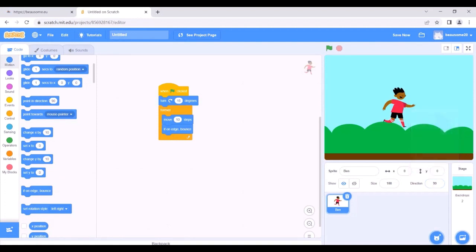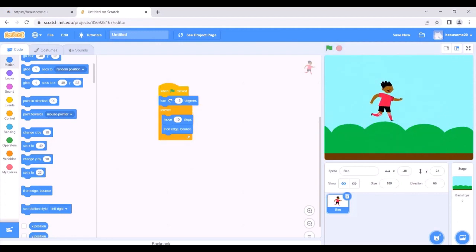Then again, if I click the green flag here, I can see that Ben is moving 10 steps every time, and when it touches the edge it bounces back, so every time he is moving around the area. So we can create a lot of games with these blocks. Now I have to stop Ben moving.